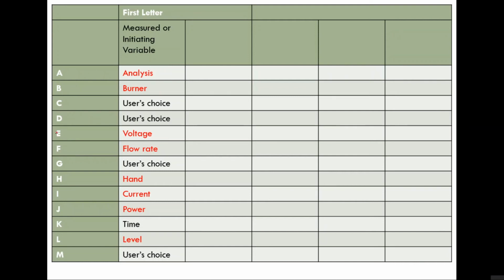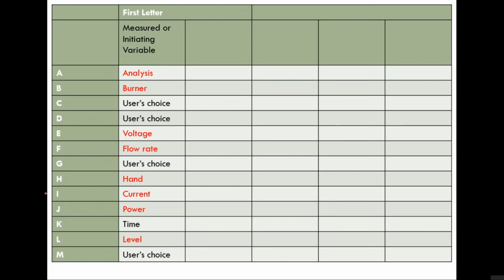Now EMF, E is used to represent voltage. I think you are familiar with this notation. F, a very common one, F for flow rate. Flow rate is represented by using F. Then H, hand operation, for a hand valve or something, H is used. So H means hand, not heat. Please note, H is not heat, H is hand.